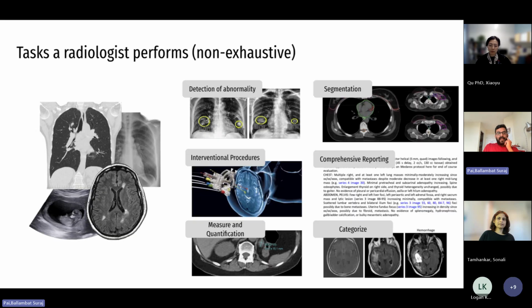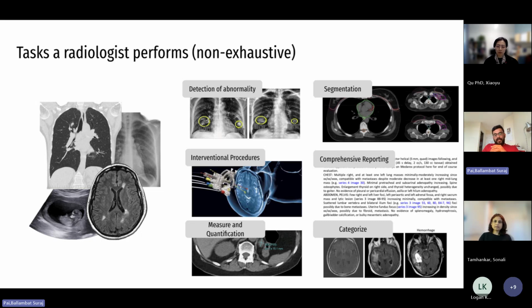Okay, so just to set a bit of shared context, think about all the tasks that a radiologist performs in their day to day. This could be looking at different modalities of scans, like CT scans, MRIs, ultrasound, X-rays, and then performing different tasks on these scans. This could be things like detection of abnormalities. You could use these scans to also do interventional procedures, such as in interventional radiology. You would probably want to measure and quantify things on scans. For example, if you want to look at